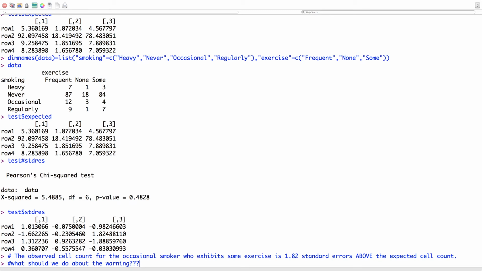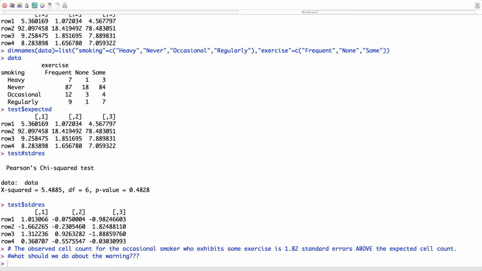We would either need to increase the sample size to where we get our expected cell counts all above 5, or another possible solution is to combine groups. That's what I'm going to do here, kind of on the fly. I would see that row 1, row 3, and row 4 exhibit some level of smoking. Row 2 doesn't. So what I would probably do here is create a new row,